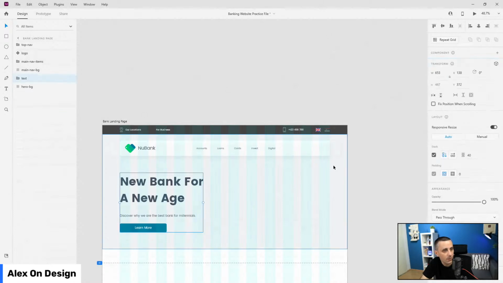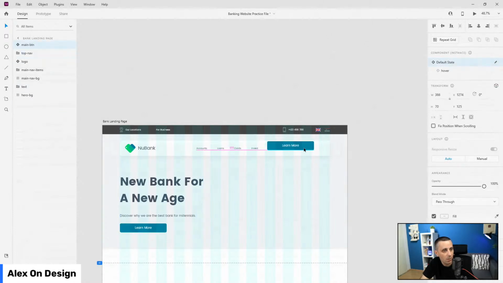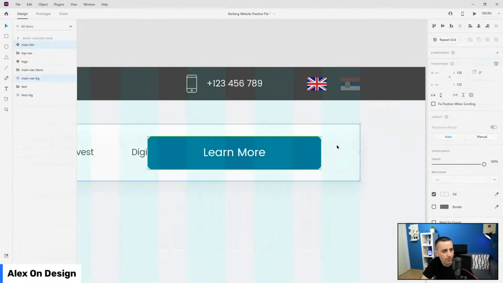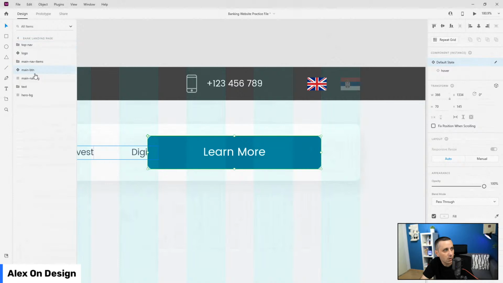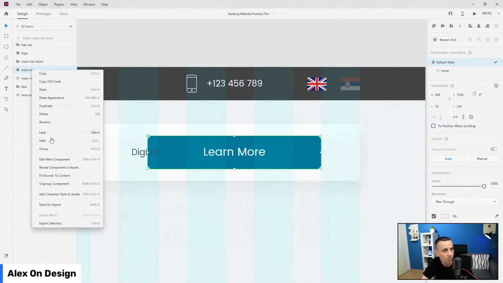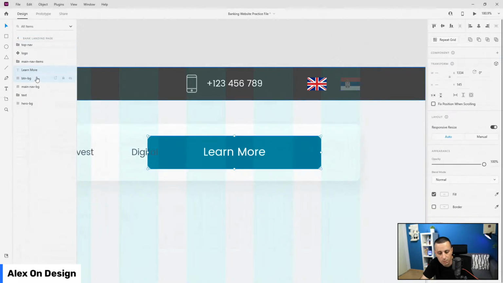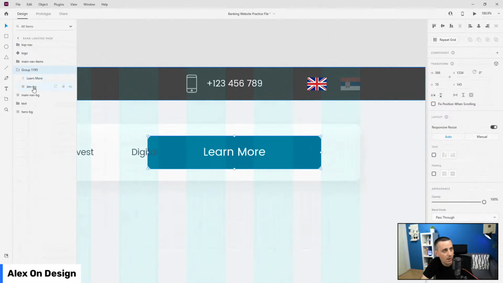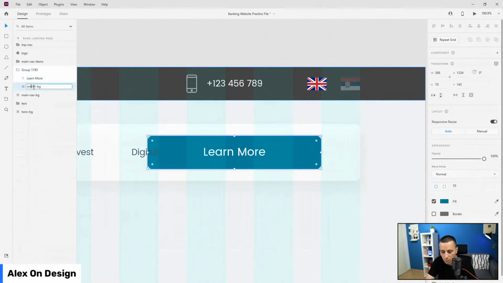Hit Control C, Control V right here. Move it right here in the center, like so. There we go. And I'm going to actually get rid of this component. So I'm going to right click, ungroup component, Control G one more time. And this is going to be small